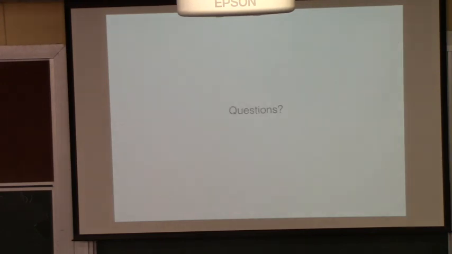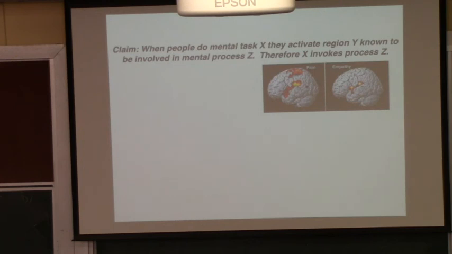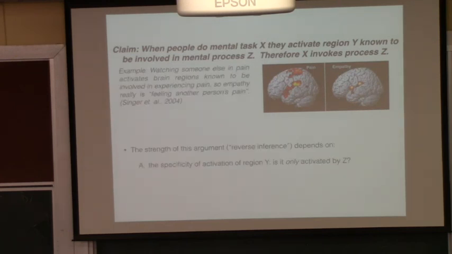So there's still questions, even if you do the thing where you have them do both the actual physical pain task and the empathy task, we still need to have a really well-controlled experimental design where we rule out other factors related to what people are thinking about when they're doing the task in the scanner itself. And so then you have to really ask, is it really the same region that is activated in those studies, right? And so back in the day, so this was 2004, you could kind of get away with this kind of reverse inference. Nowadays it's a little bit more difficult, but still you see it sort of creep into